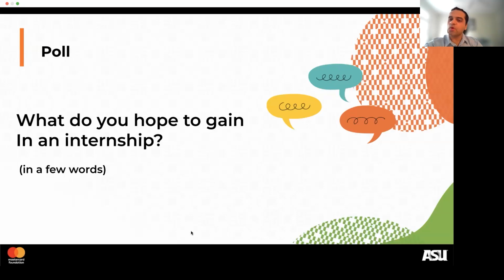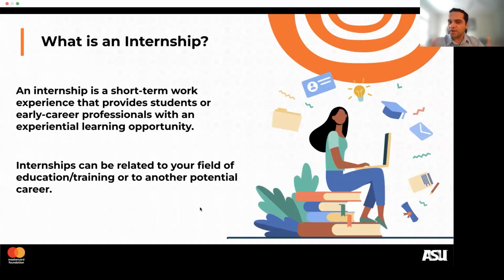Experience and knowledge, put theory into practice, fantastic. Discover my interest, I love that. This is really good because you discover things as you try and you see what works, what doesn't work. Maybe something you thought was great, you will discover through experience that maybe you want something else or another direction. Developing my skills, very, very good. Yes. So you can keep writing and we will move to the next slide. Thank you so much for sharing these thoughts. They're exactly right on target.